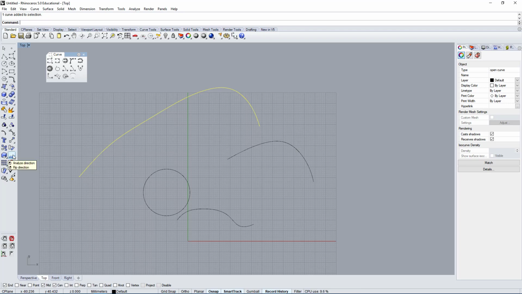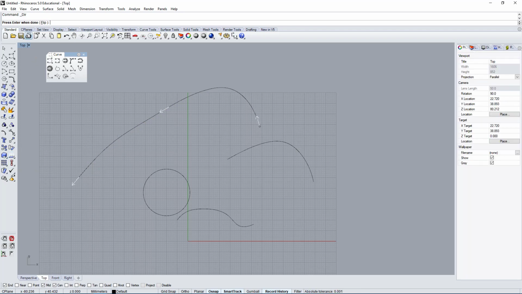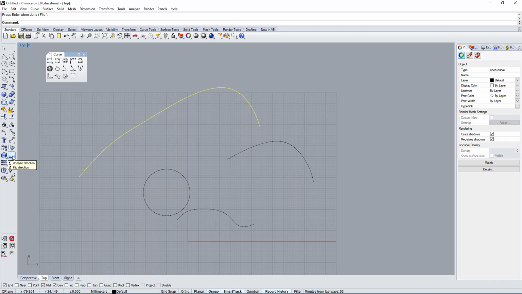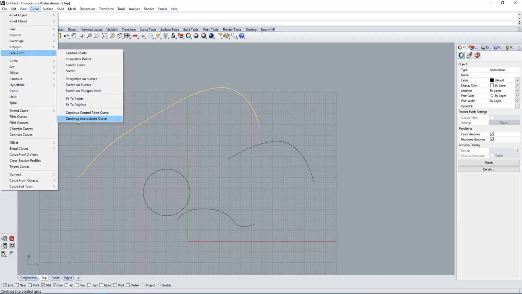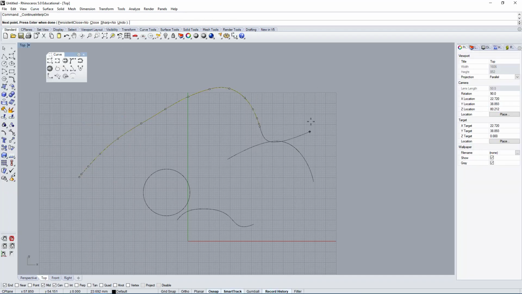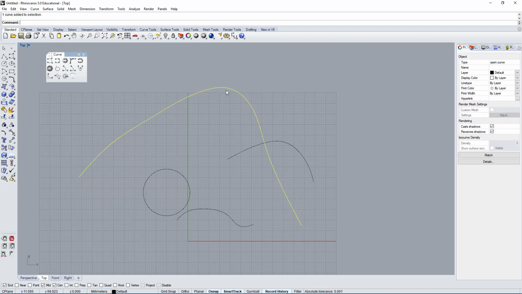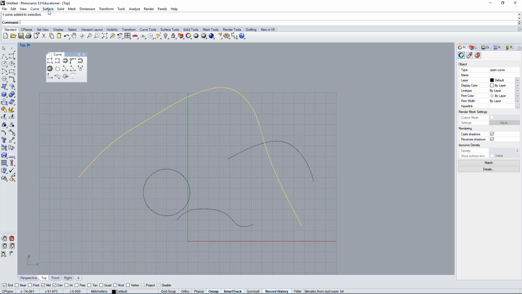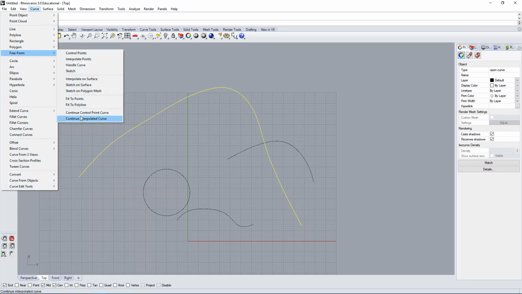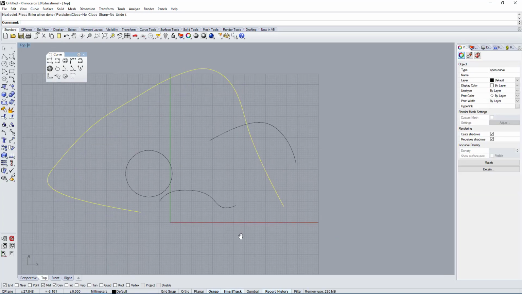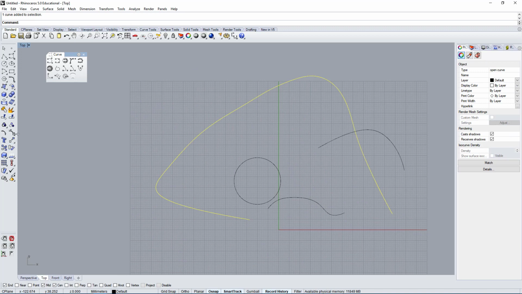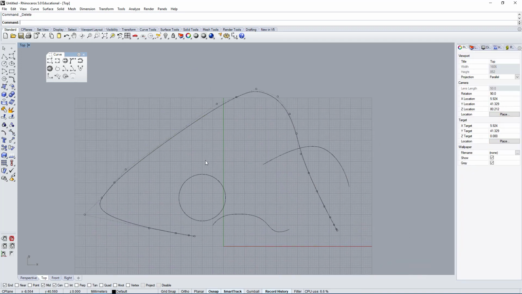And also if you do the left click, you will be analyzing it, which lets you flip it. But if you use the right click, it flips it automatically. It flipped the direction of the object. So now if I use the same command again, freeform, continue interpolate curve, I can start from the right side. And again, if I want to go from the left side, I can just click here. Now I inverted the direction. I flipped the direction of the curve, and I can go on the other side. So this is one way to continue a curve. And as you saw before, you can easily delete points.